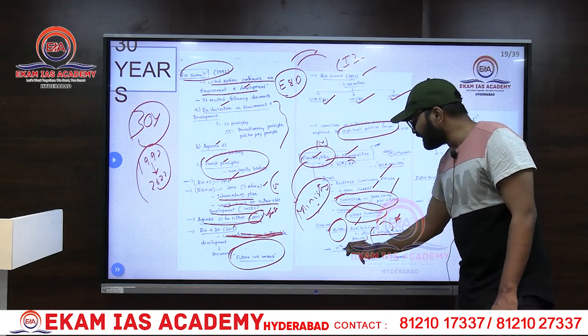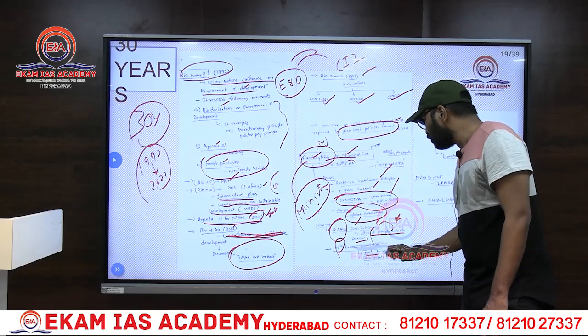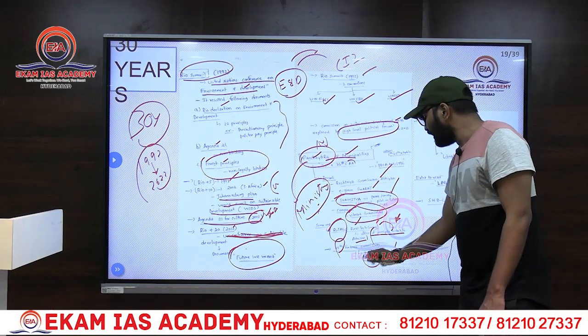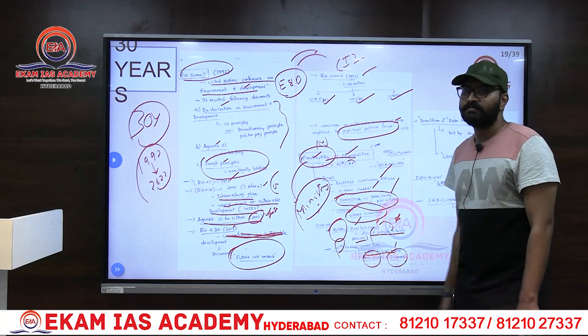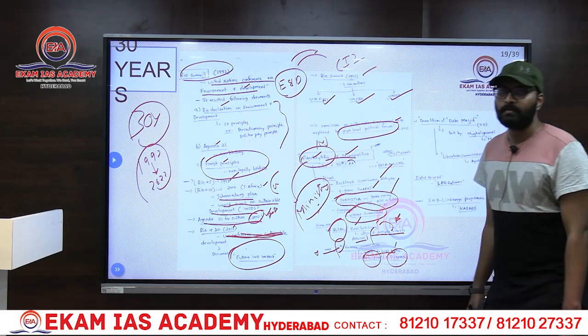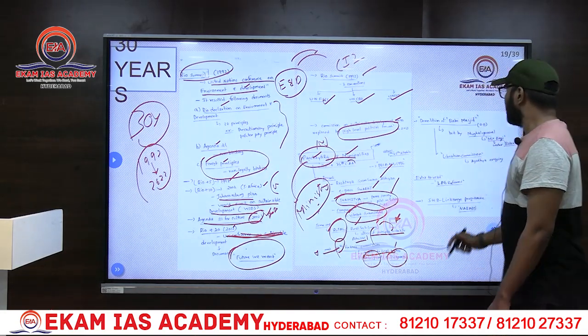Next one, 15th Finance Commission, grants to the local bodies. Next one, there are two types, basic grants and tied grants. Just go through this, 15th Finance Commission, very important this year. Next one, demolition of